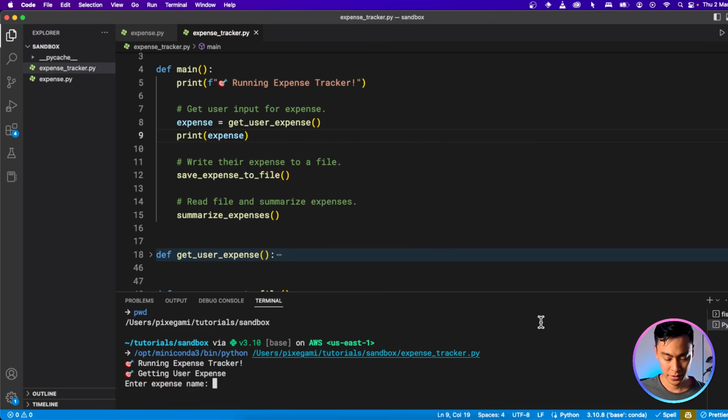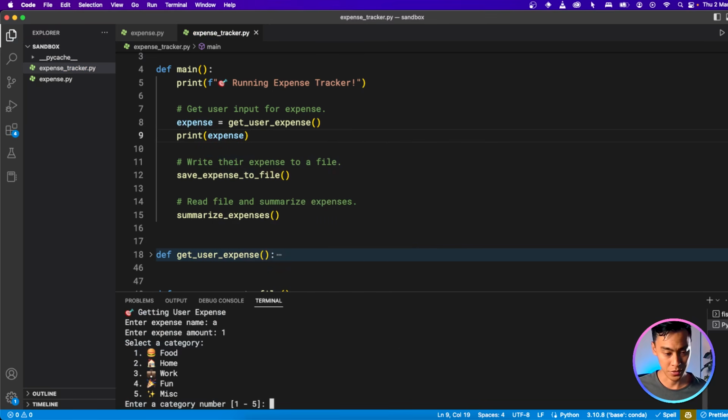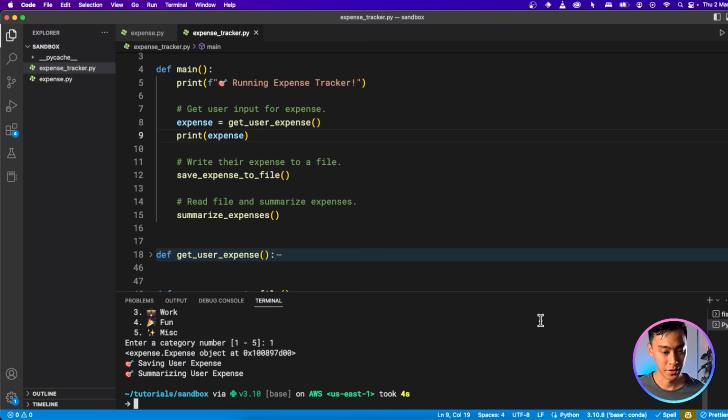Let's run the app, enter expense name, amount, doesn't matter what it is at this point. And we have it printed out here, but it's this memory address again. So this is not useful because it doesn't tell me that I've created my object properly. So how do we fix this? How do we print it out so that when we use the print statement with this object, it shows something useful instead of the memory address? I mean, this is useless to me.